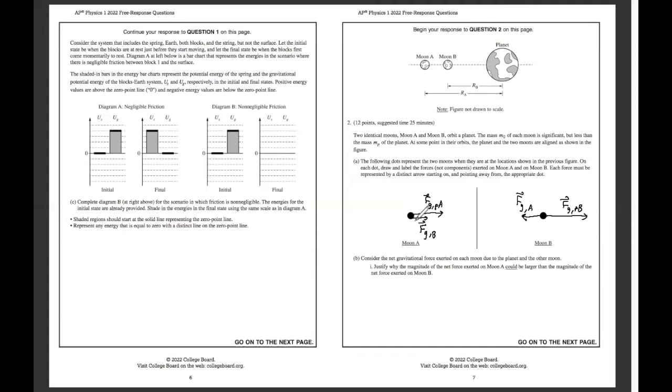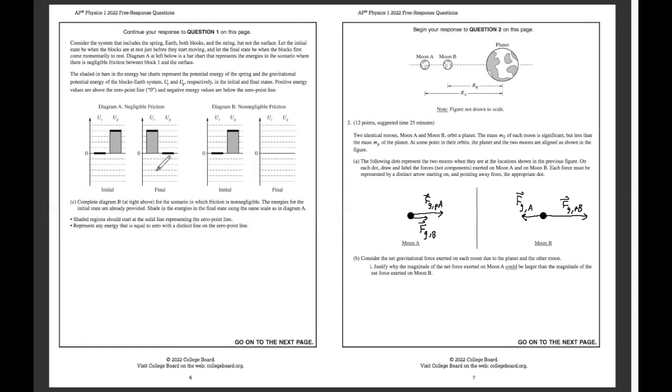All right, and notice how FGB is equal to FGA. I tried to make them equal. I guess maybe it doesn't necessarily look like that, but I did the best I could with this. All right, so consider the net gravitational force exerted on each moon. Justify why the net force exerted on moon A could be larger than the magnitude of the net force exerted